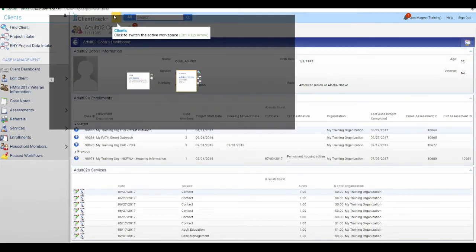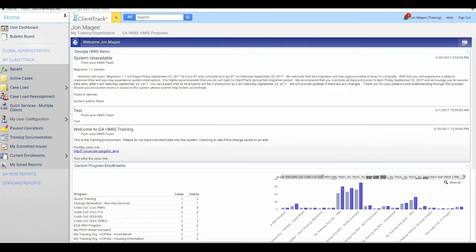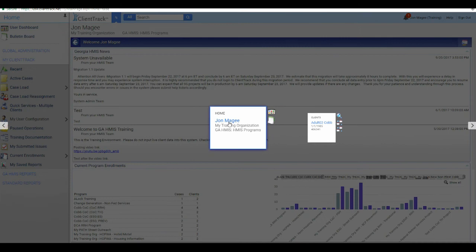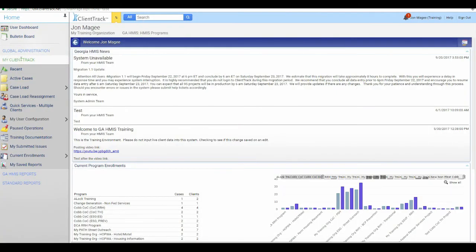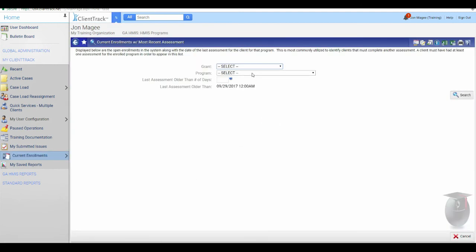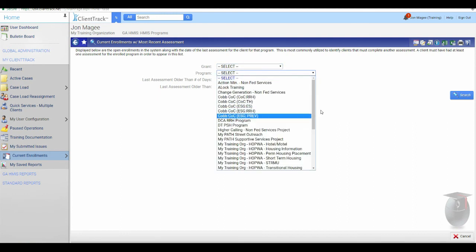One more final thing I wanted to show you is a tool we have in here to help see which clients need to have an annual assessment done. And again, that's going to be based on your project type, but this form will actually just show you all your enrollments and when the most recent assessment was done. So if you go to the home workspace under My Client track, hover over current enrollments and then click on open enrollments with most recent assessment. This will let you select a project,